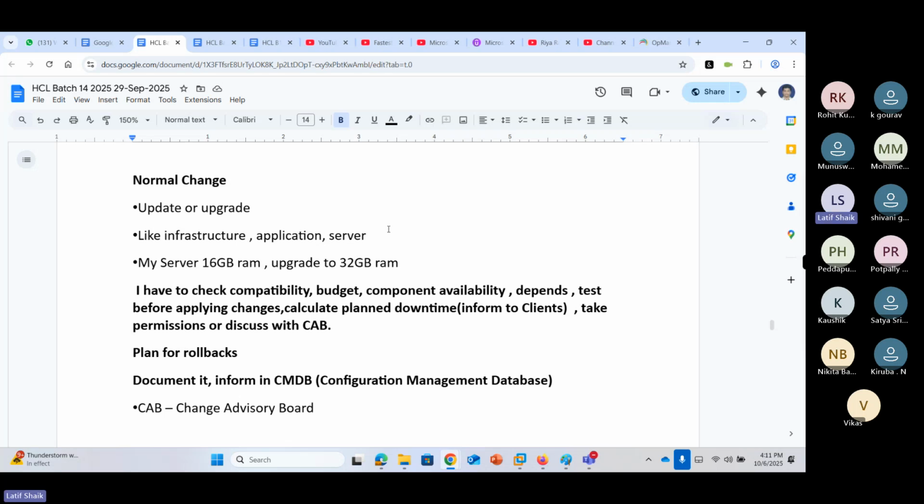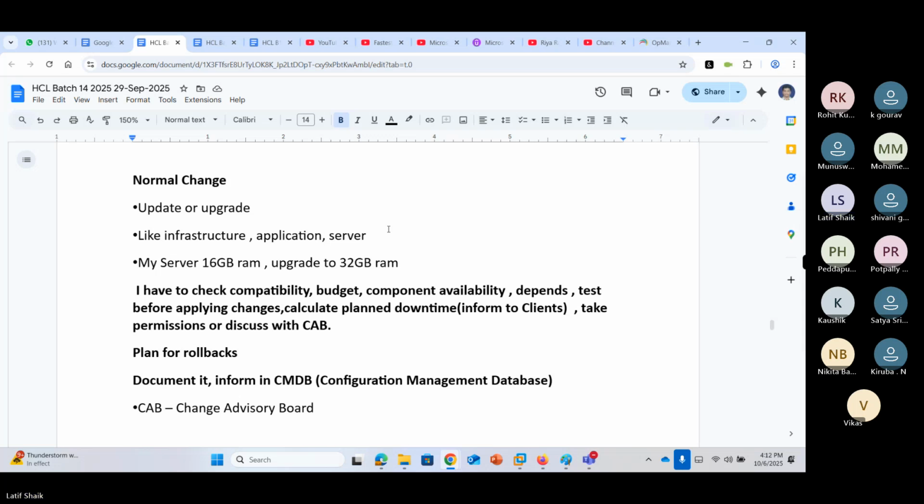That is the plan for rollback. So you must successfully apply the changes. Once you've done the changes, also document your output.